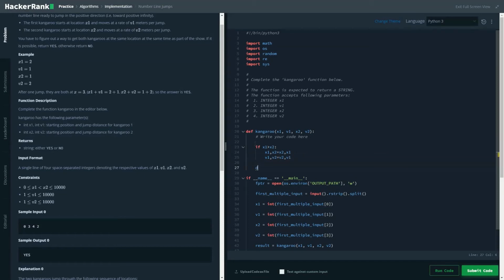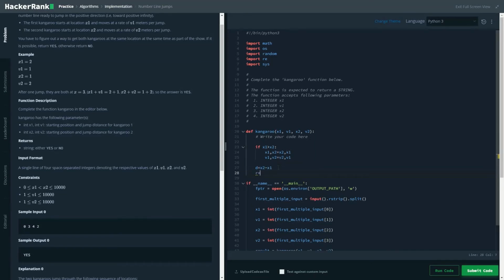And now it would be checking the distances, which would be x2 minus x1. The reason for doing this is that we would be making sure the larger value is always first. So basically it will always be returning us a positive value,